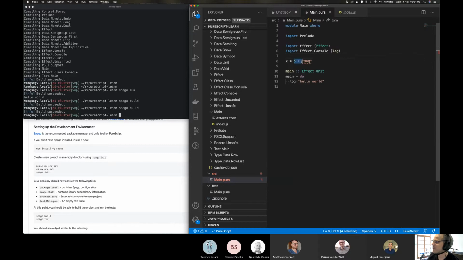So I can say, hey, x equals dog, and it says, yeah, cool, x is a string. I never had to tell it that it's a string, right? I could, of course, say x is a string, and then it's like, oh, cool, that's fine. But I didn't need to do this. It's optional, and it's probably good practice a lot of the time. But it means the compiler is smart enough that I don't need to do this. Does that kind of make sense?